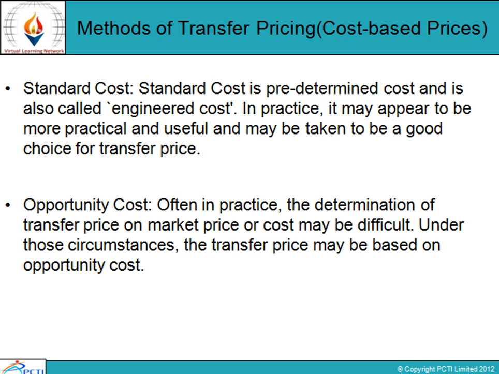Standard cost is basically a predetermined cost, और ये एक engineered cost के तरह भी refer करी जाती है. And in actual practice many times it may appear to be more practical and useful because it is taken to be a good choice for transfer price. Then comes opportunity cost. When we say opportunity cost,